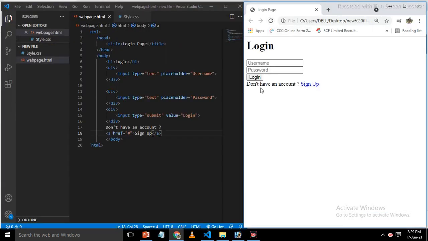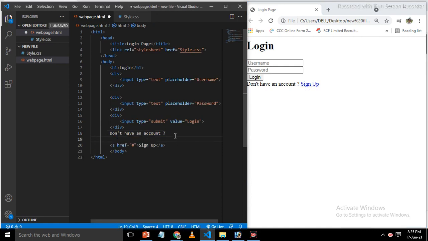Whatever we see here now looks like a login page, but the color and the look and feel are not good, because we have not applied CSS here. So we see username, password, a login button, and if the user has no account, first of all he has to sign up here. Now we put colors and make the look and feel good.